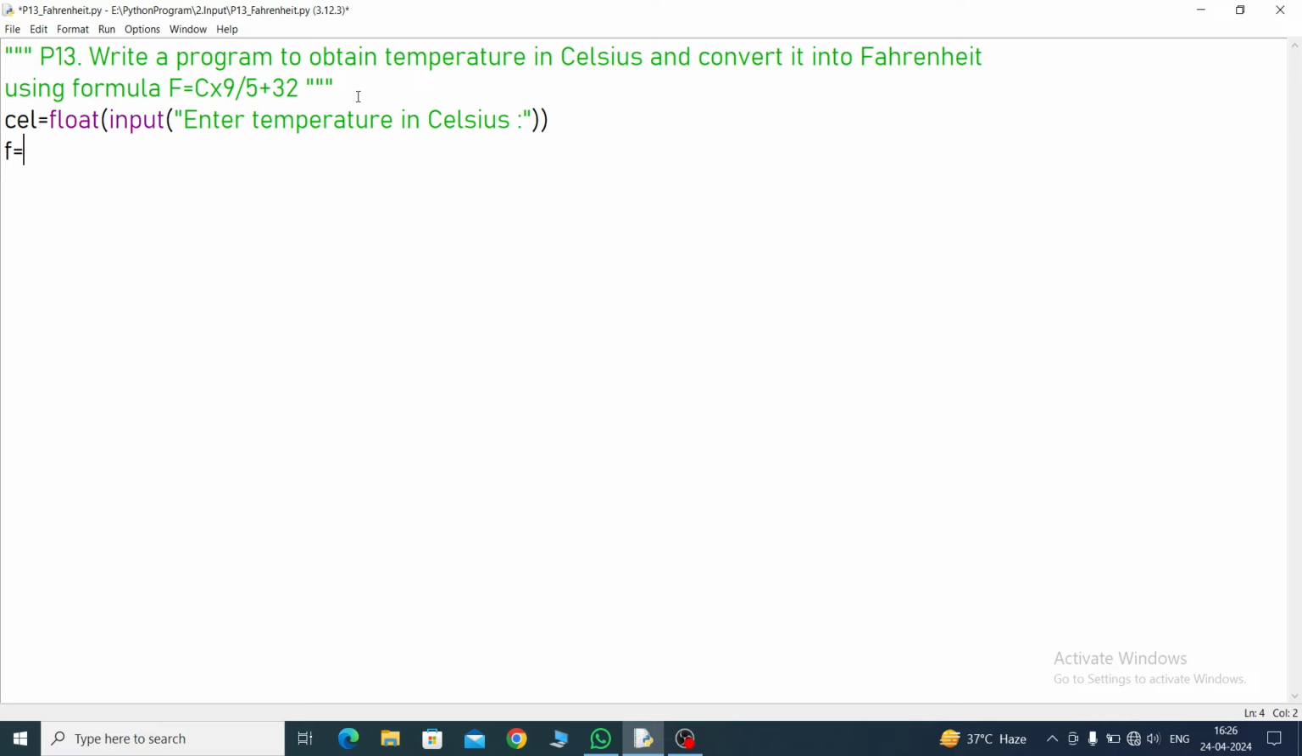Fahrenheit equals what is given? C into Celsius into... Celsius, I have taken as a variable, Celsius into 9 by 5 plus 32. This is the formula. Now call the print command. Print